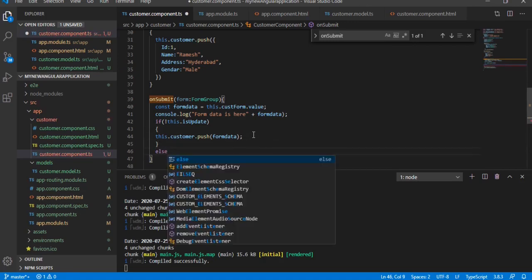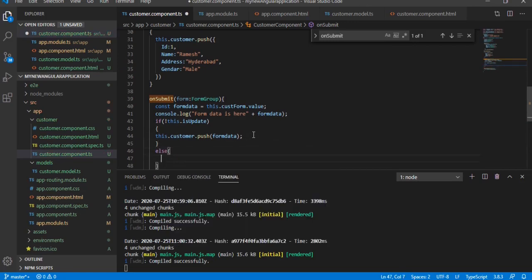Otherwise, in the else, pick the edited row and update the details.